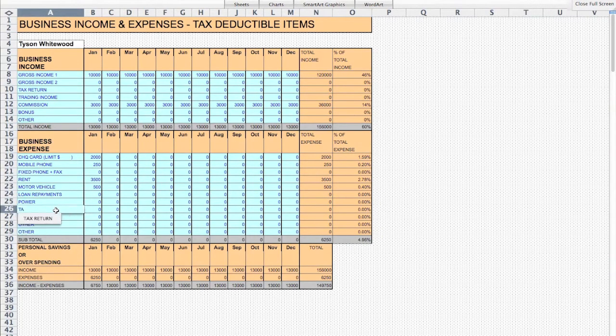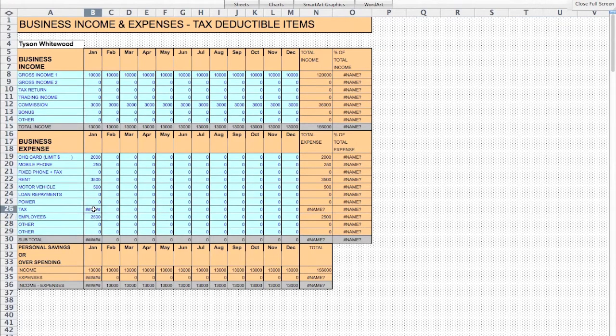The most important part in here that you would put is tax and also employees. Isn't that interesting? So your employees, you may pay yourself, for example, or you may pay, in this case, with the strategic spending and how it works, you might be paying someone else. And you know that someone else might cost you $2,500 per month. And then your tax, we're going to be putting away 30%. So it might be as simple as you calculating. You will need to calculate, okay, what your actual tax rate is. And I'm just going to go,